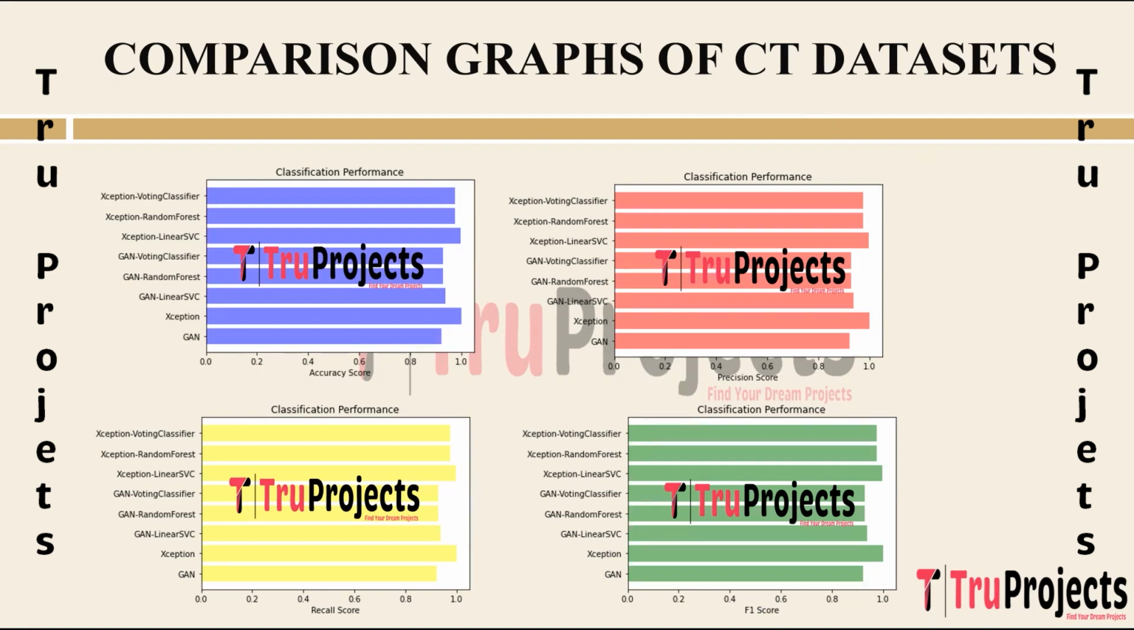plus false positives. This is the recall comparison graph. On the x-axis, we have recall score, and on the y-axis, we have algorithm name. Recall, also known as sensitivity or true positive rate, measures the model's ability to correctly identify all relevant instances in the dataset. It calculates the ratio of true positives to the total number of actual positive instances, true positives plus